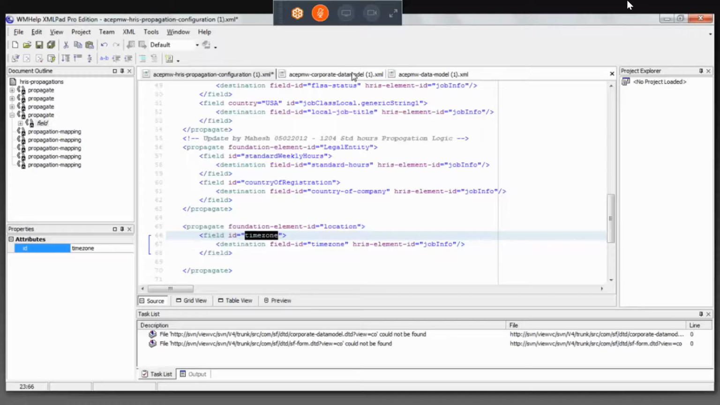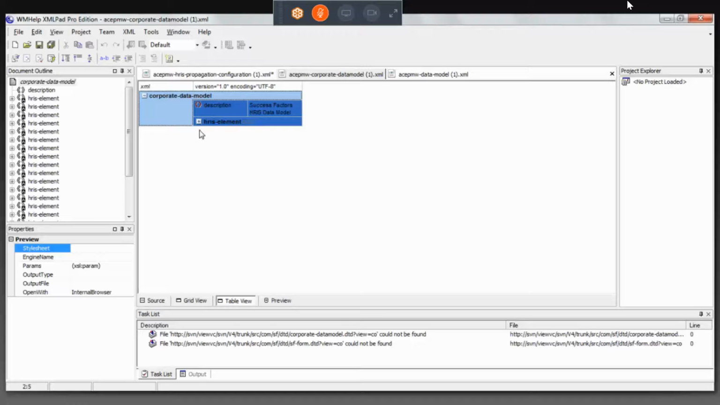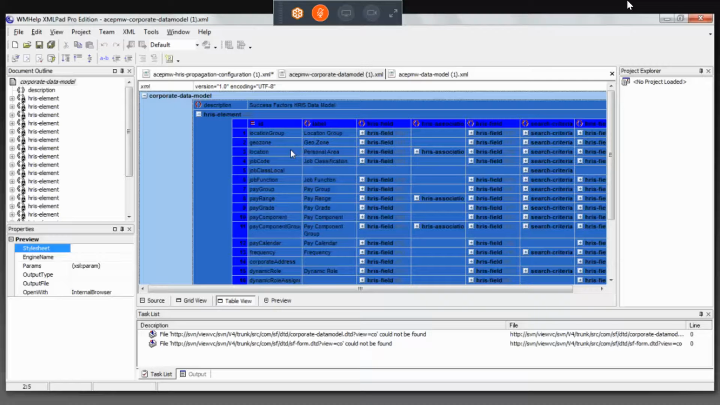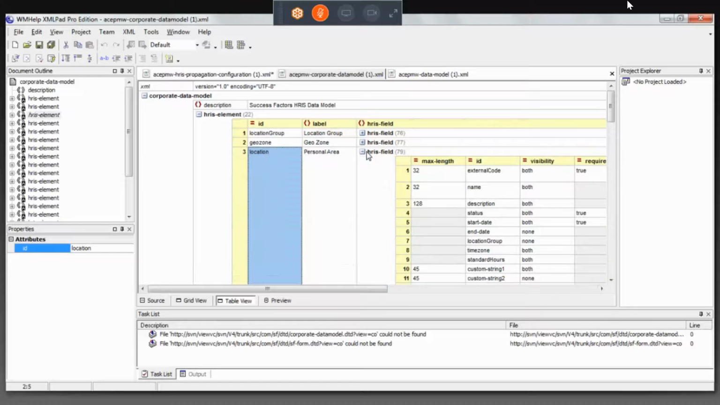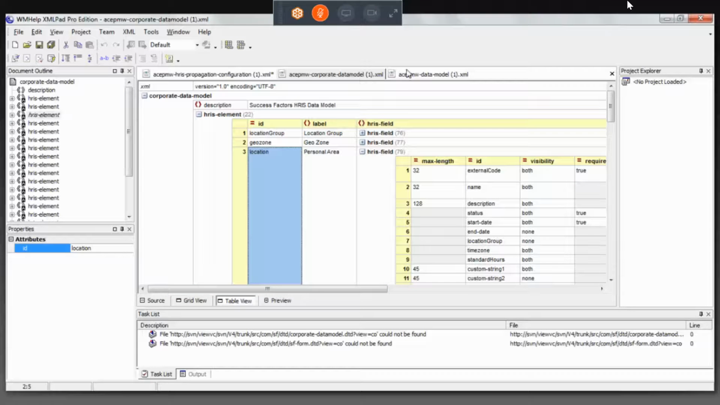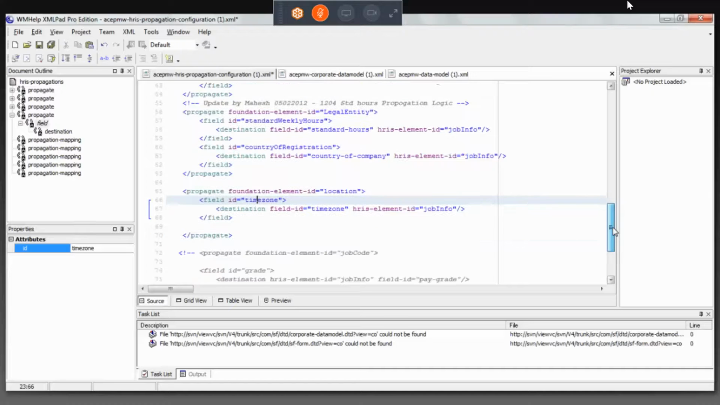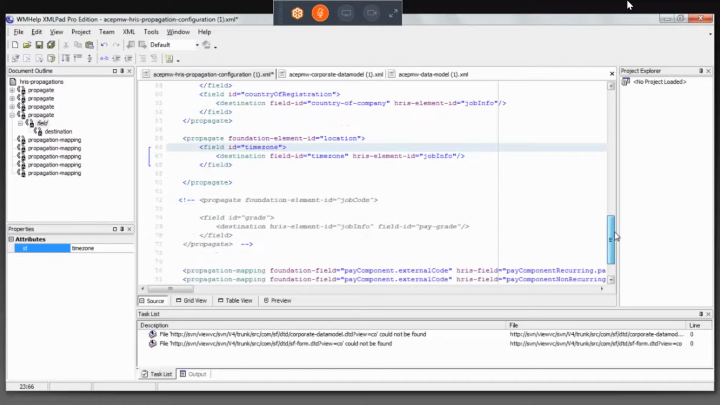So if you go into our corporate data model and go to our location, in location what we have is a time zone field. So this location time zone field from object location is propagated into the time zone field in job info, is what the propagation is doing. And remember, you have to put some basic functional text here which says, so this is your